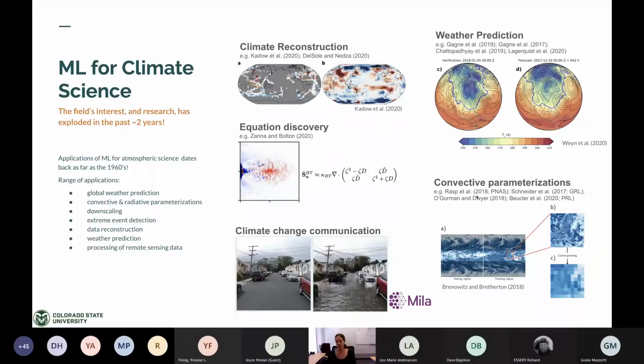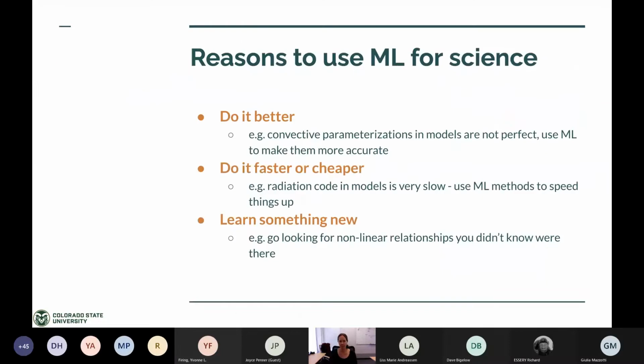And then finally, the use of machine learning for convective parameterizations. And this is, to me, where a lot of exciting science is being done. That is, how can we use machine learning to make, for example, the simulation of clouds in our climate models better? So I list all of these because, A, I think they're really exciting, but B, I'm going to take a slightly different tack here and talk specifically throughout my talk about explainable machine learning and how we're using it for science. These are great examples, but I'm going to do something slightly different.